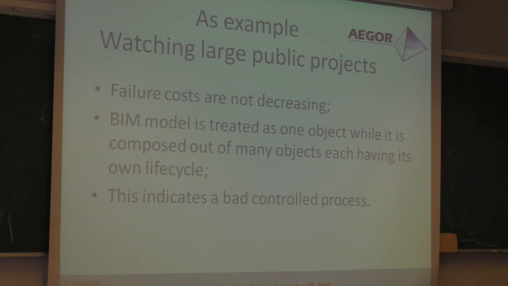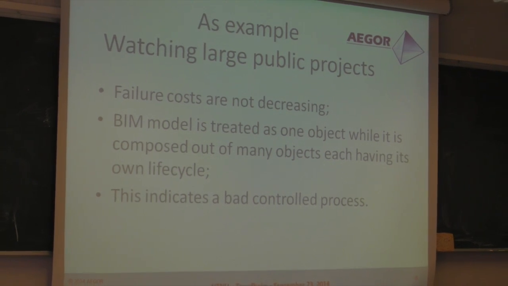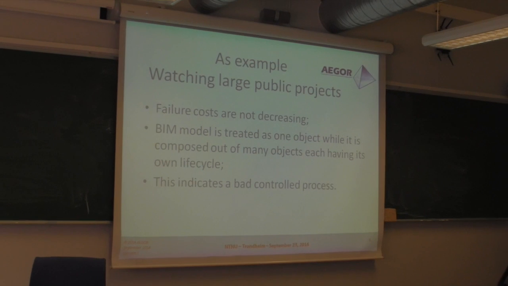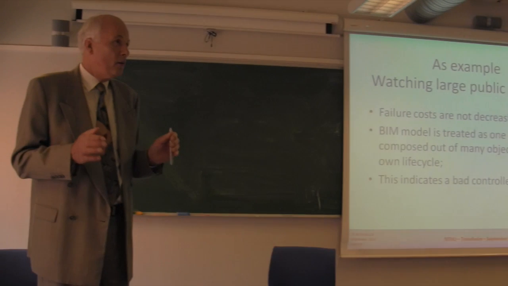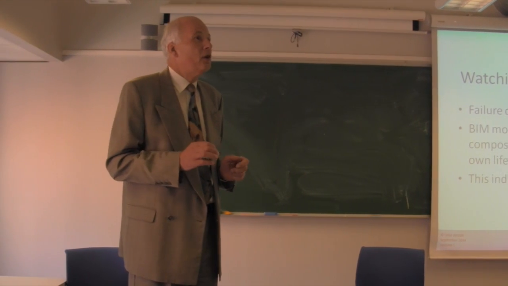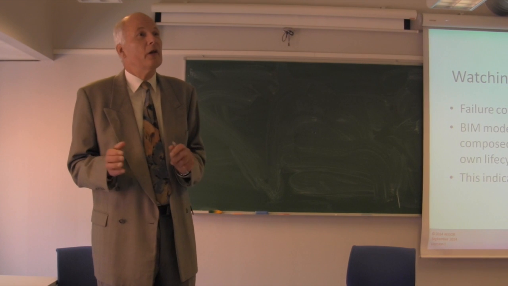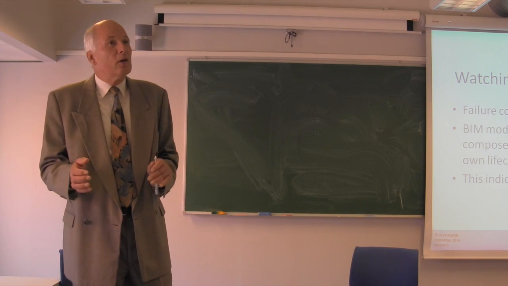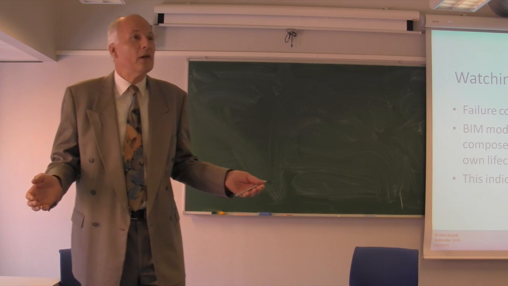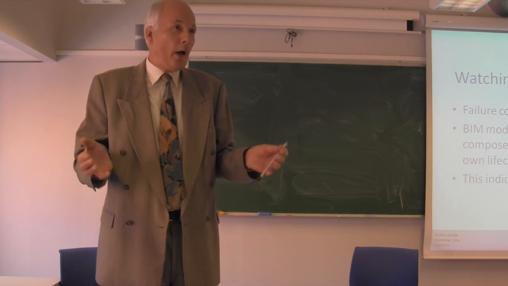The other thing I react to, looking to the world of building information models, is that they are treated as one single model and released as one single model. In my view, from the world I come from, I think this is quite impossible, because this building information model exists out of objects, each with their own life cycle. So if you have one thing with internally a lot of objects with different life cycles, how can you release it in one single part?